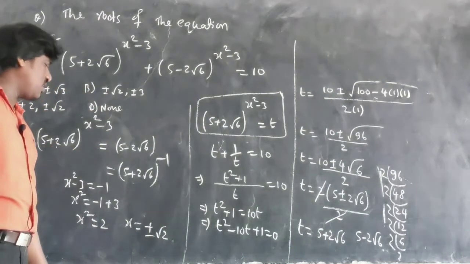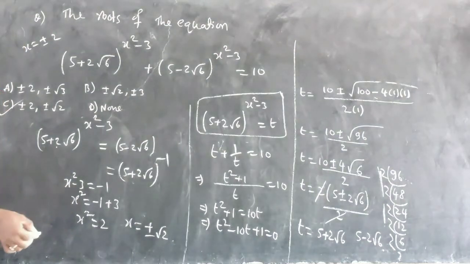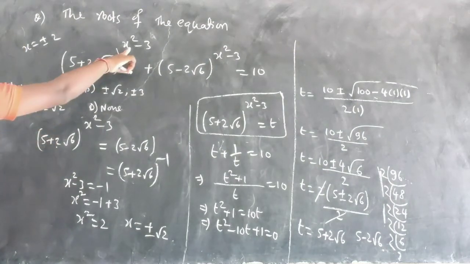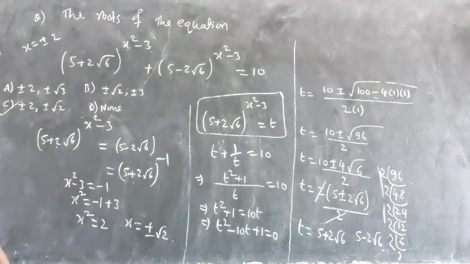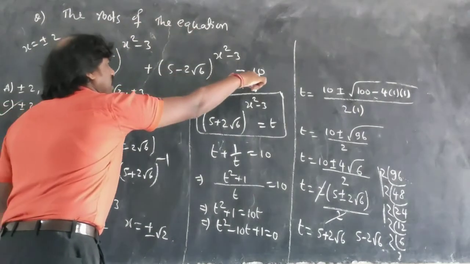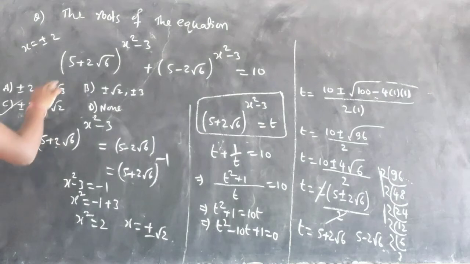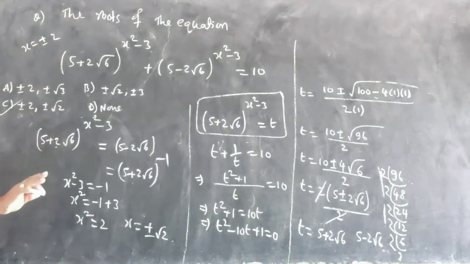Suppose this question is asked like this, some student will say, sir, directly I can substitute here, I can see which is satisfying, so I can take that option. Yes, you can do that. By option also, you can substitute in this place of x and you can find the value here. You can check which option is satisfying.